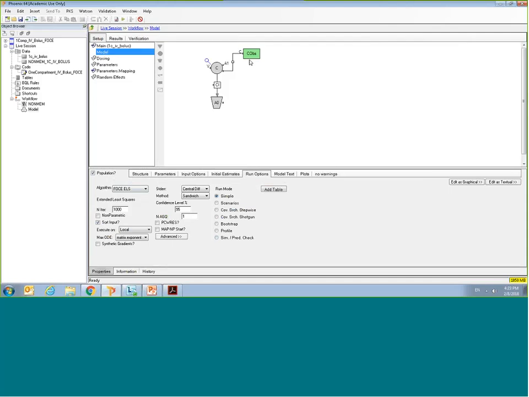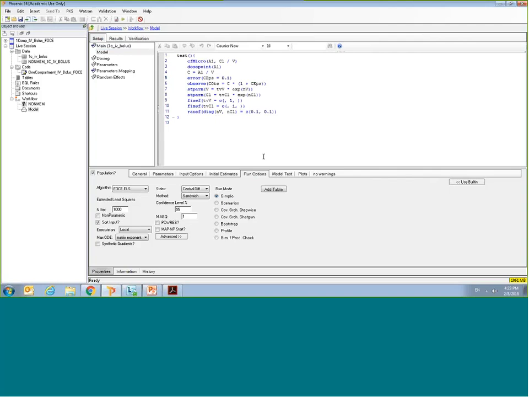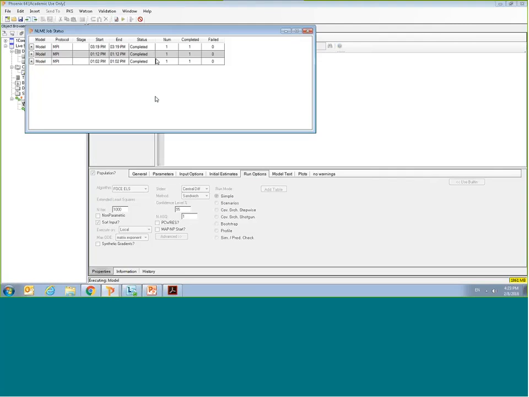Just to present this, this is a graphical model of the IV one compartment IV bolus. We can switch directly to the textual one, and you see these are the identical PML statements that we just discussed on the slides. So we just say start, and